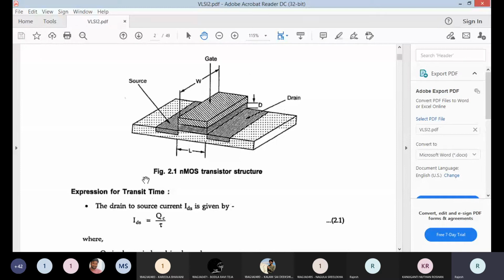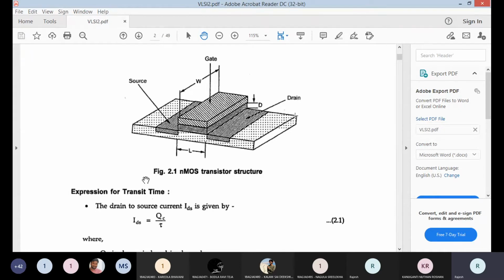That is also the length of the polysilicon, also the length of your oxide layer. Because below the gate oxide only we call it a channel, this entire channel length is nothing but also the length of your polysilicon. In the top view, this polysilicon is available over a width of W. So the dimensions of a MOS transistor are width W, length L, thickness